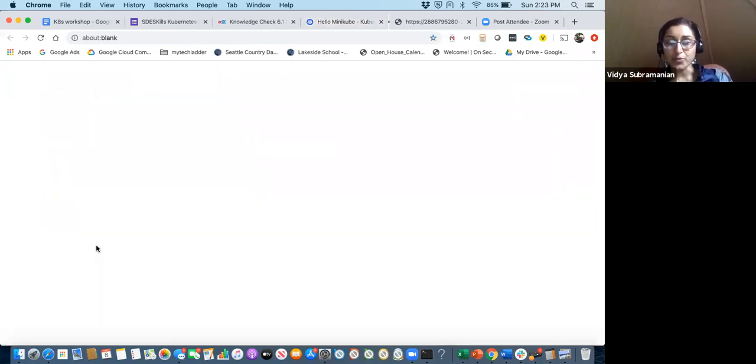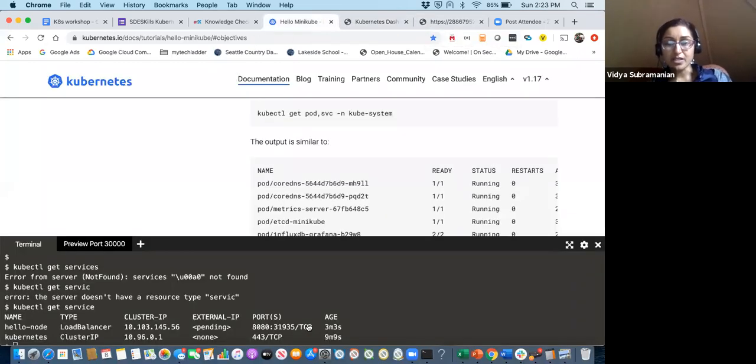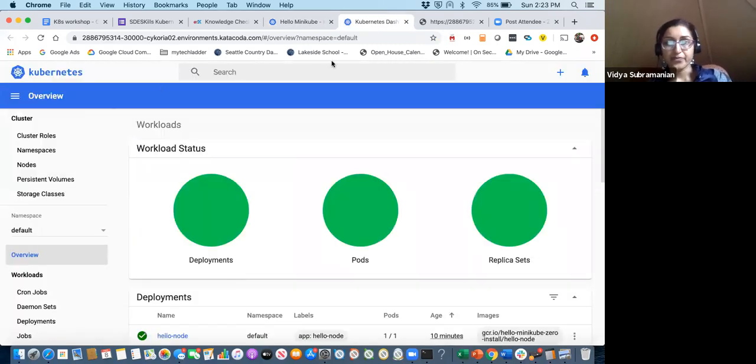So if you were to preview the port, here is the port number that I have, 31935. This is so annoying. I'm going to hide that.